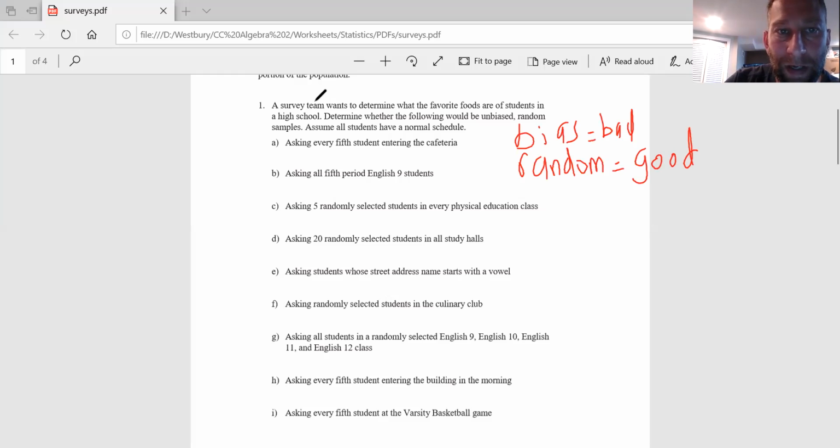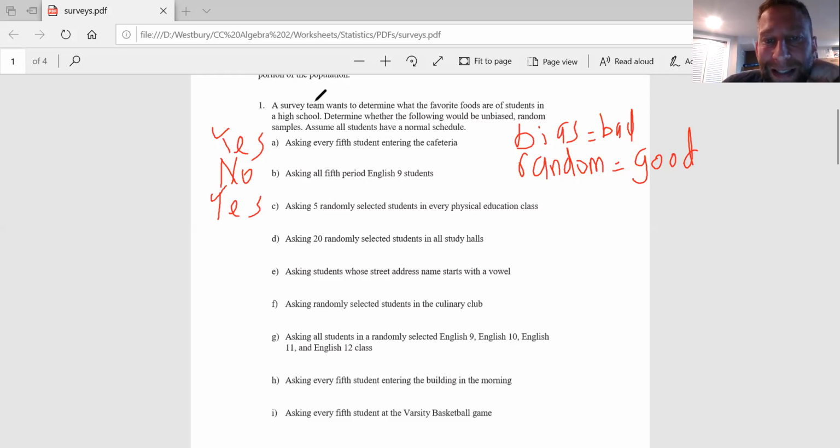So determine whether the following would be unbiased random samples. Asking all fifth period English 9 students. Well, does every member of the population have a chance of being chosen? No. This might be a good sample to determine how ninth graders feel about foods, but it doesn't represent the entire population. That's why it's bad. Asking 5 randomly selected students in every physical education class. Does every student take phys ed? Yes, every student takes phys ed. It's random, so yes,